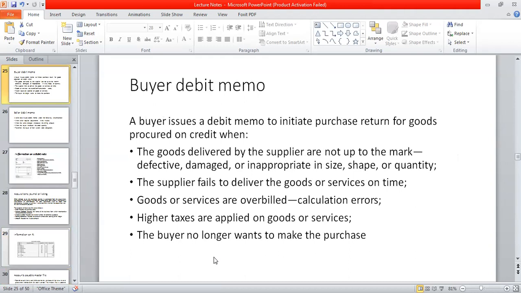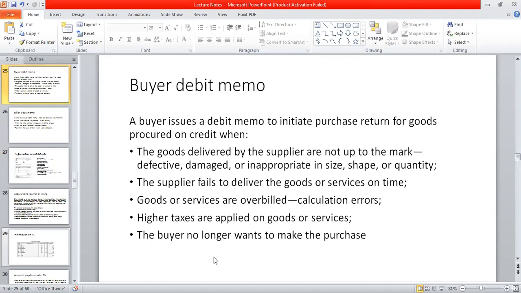So in the case of the buyer, they issue the debit memo to initiate the return of goods procured on credit. These are the situations where these debit notes are being issued. When the goods delivered by the supplier are not up to the mark, maybe they are defective, damaged, or inappropriate in size, shape, or quantity, the buyer can return the goods and issue a debit note. When the supplier fails to deliver the goods or service on time,